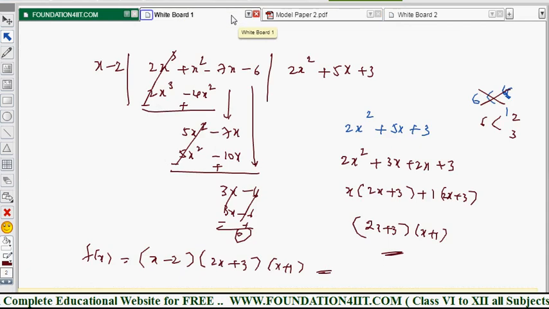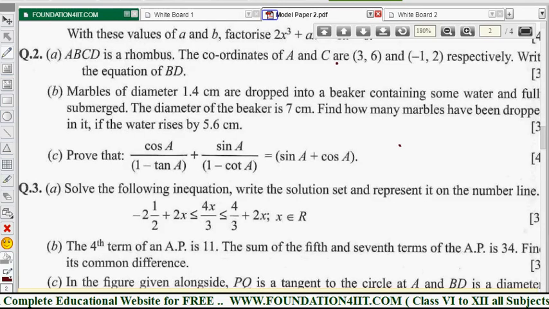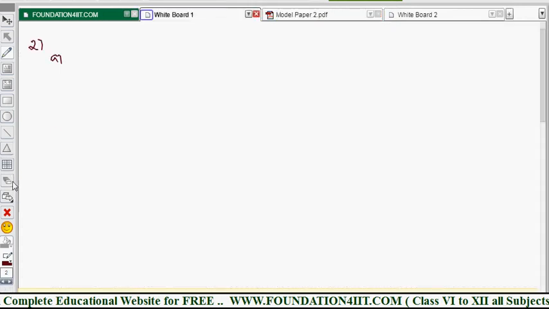So when you're solving this, by concept, diagonals of a rhombus bisect each other at right angles. So that concept you will take. Already 2 points are given: A is (3, 6), C is (-1, 2). And if we take the rhombus diagram,